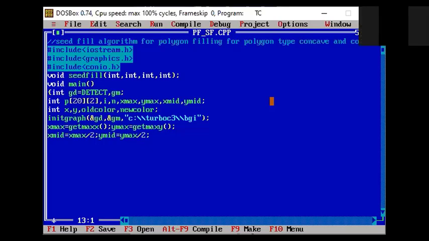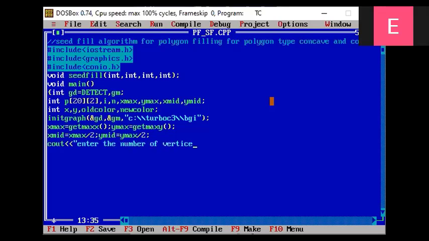Now start with your number of vertices. You can read from the user. So cout, enter the number of vertices, or you may say the edges for the polygon, the polygon you want to draw.